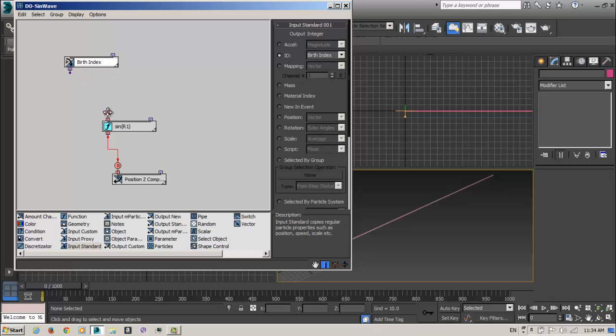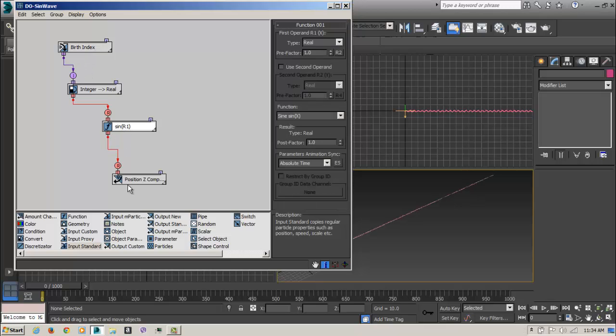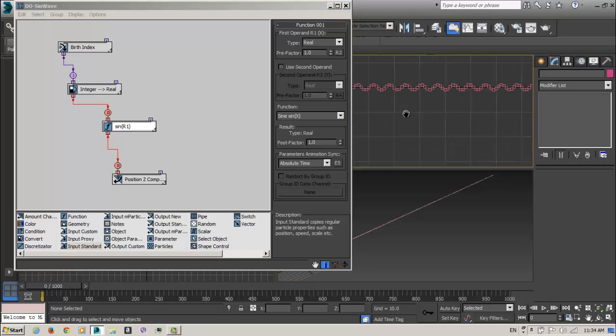So each ID depends on the ID that we have here. We will have the ID, and we will make a sinus of it, and we give it to the Z position, and you will see that we have already a wave here.